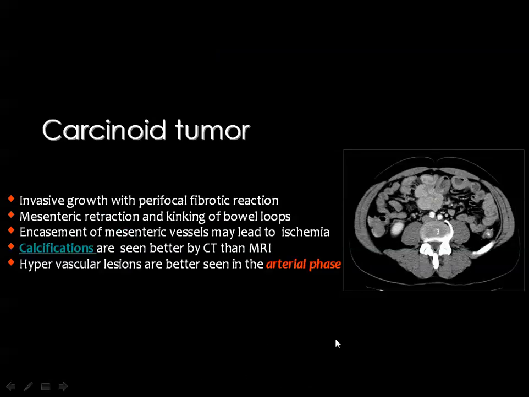Actually, the appearance of carcinoid tumor in the CT scan is not that specific, and you can see a mass within the abdomen intimately related to one of the bowel loops. And one of the characters is mesenteric retraction and the kinking of the bowel loops, which may be evident sometimes, but in many times it's not evident. Calcium can be seen in these particular types of the tumors, which are hypervascular and best appreciated in the arterial